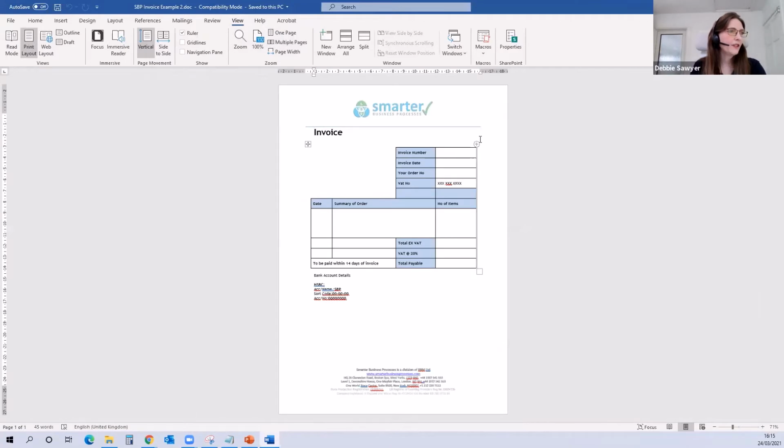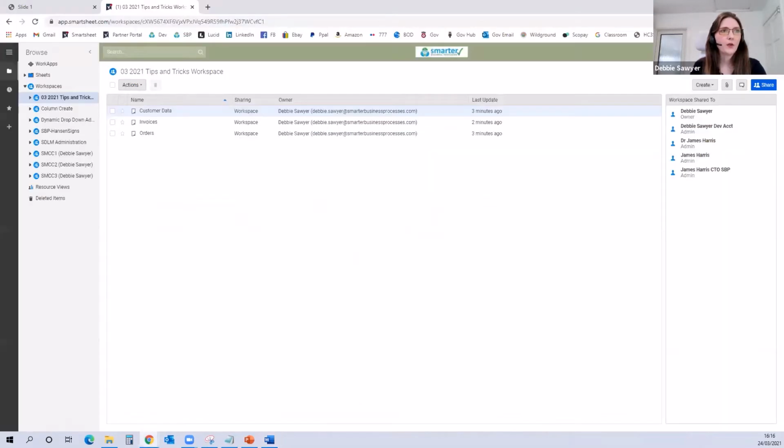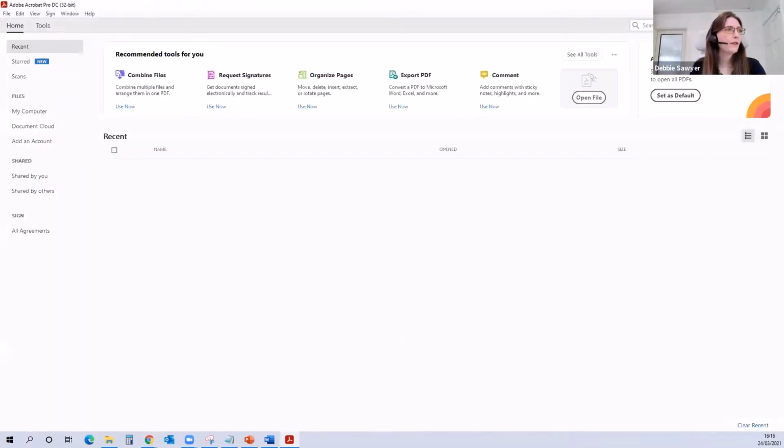And from the Word template, you can see it was just an empty design with all the invoice number and all the headings in place. And this was the template that I wanted to be able to use within my Smartsheet. So at the moment it's in Word. We needed to pull that into a fillable PDF creator. So I have got Adobe Acrobat. So if I load up Adobe